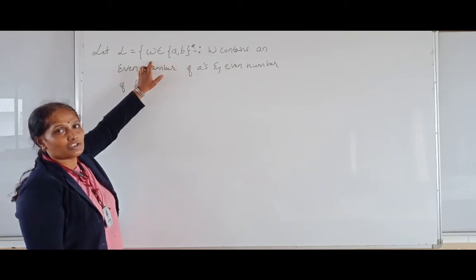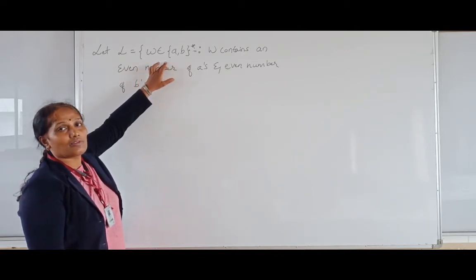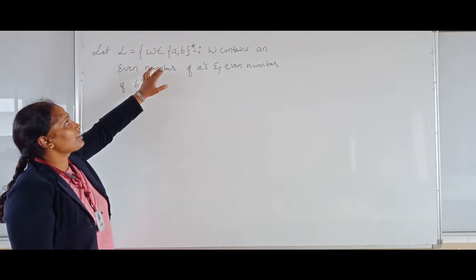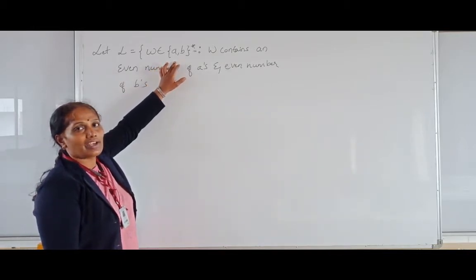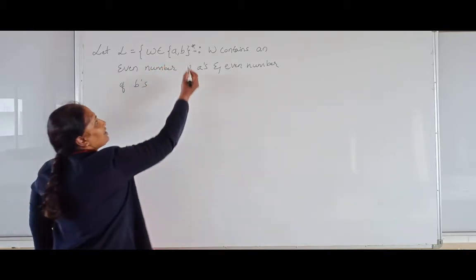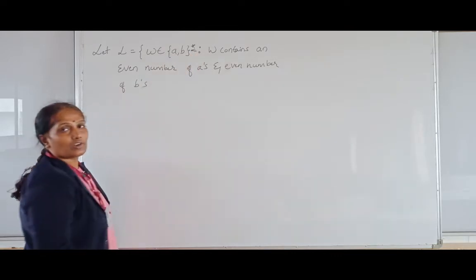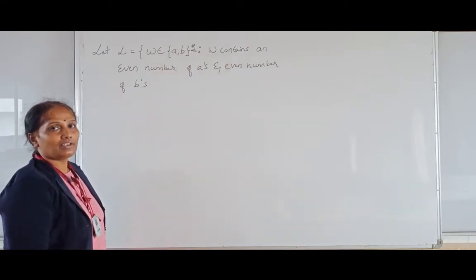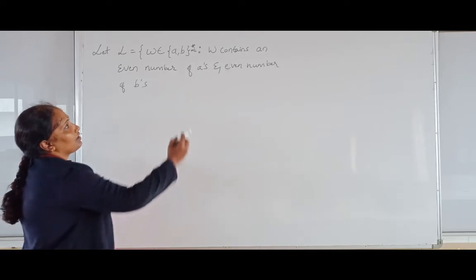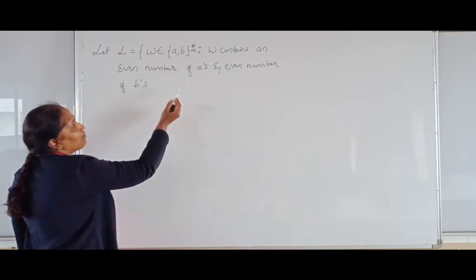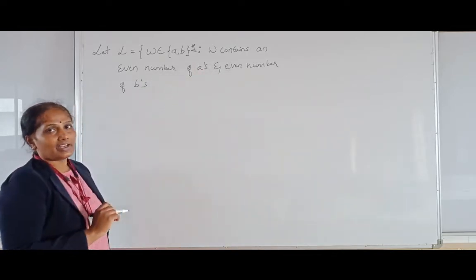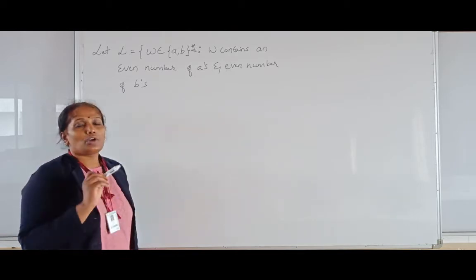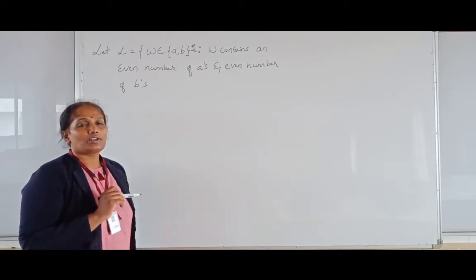W is nothing but a string here, and the string contains what? The alphabet A and B, and the occurrence of these alphabet is 0 or any number of times. The star indicates these alphabet can occur 0 or any number of times in the language. Next, W contains an even number of A's and an even number of B's. The second condition given in the language is that you are going to accept the strings where the occurrence of A's